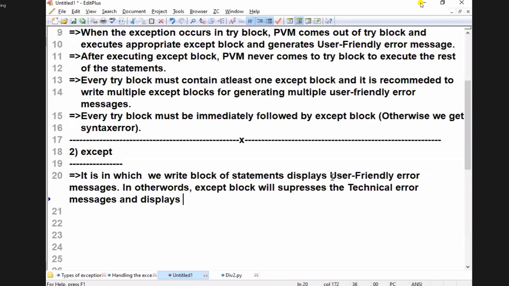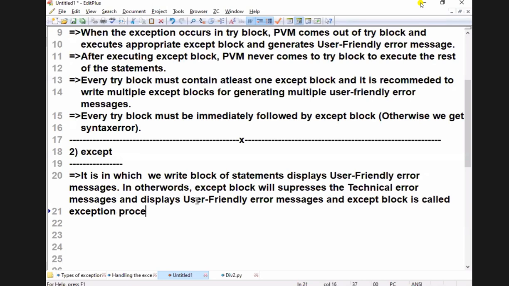User friendly error messages. Displays which messages, students? And hence except block is called, what I told yesterday, exception processing block. Very good.